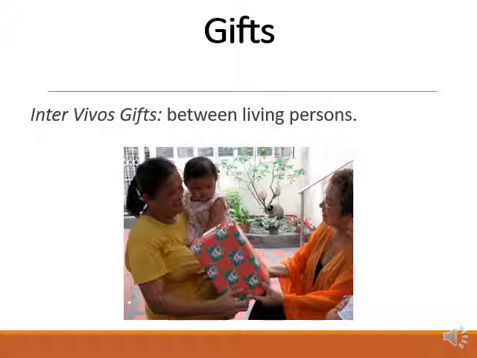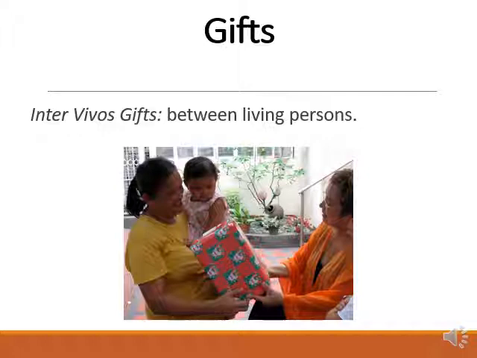Donative intent, for example, if I was to give someone a book and say, I will loan you the book for the semester, there's no donative intent there because it's just a loan. That's a bailment. If I was to give someone a book and say, you can have this, then I not only have delivered the book, which is the personal property, but I also have the intent to make a gift.